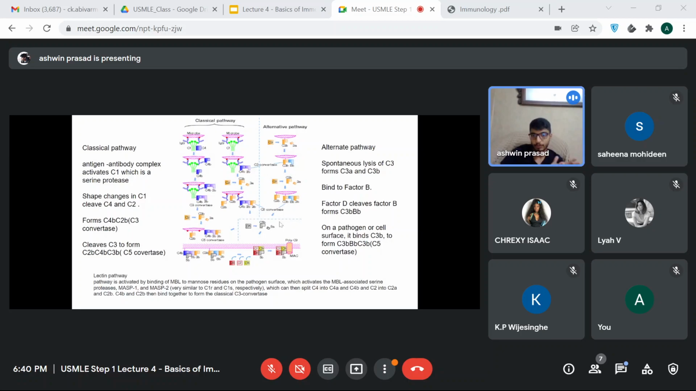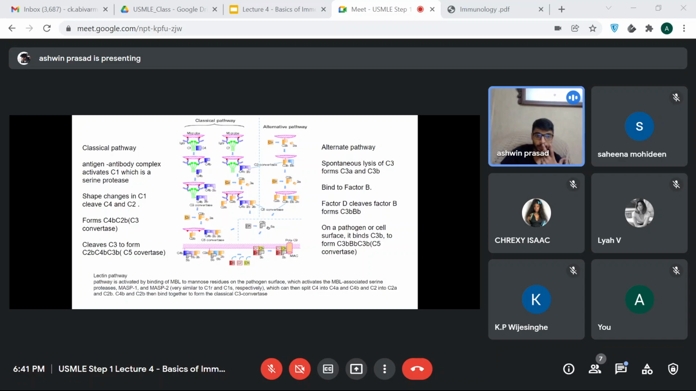The way we did it in the classic pathway is by including C1, C4, and C2. In this one, we have just C3B and factor B. We have formed the C5 convertase, and that will help us form the MAC complex, and hence we'll do the killing. In the lectin pathway, the trigger is different. The trigger in the lectin pathway is